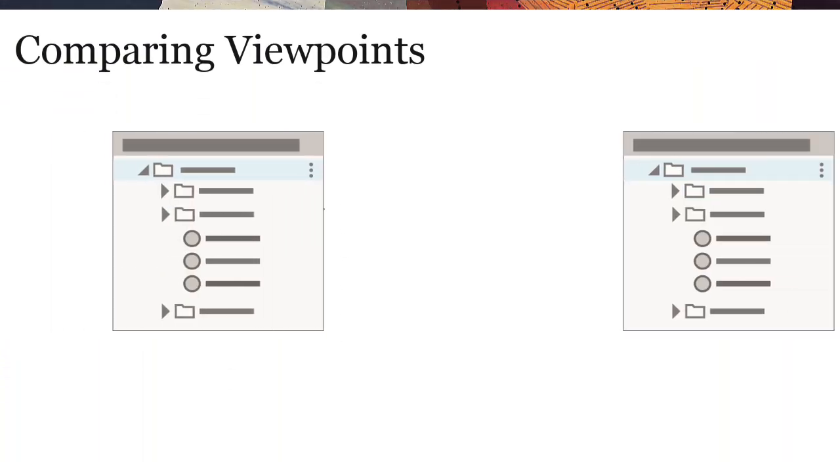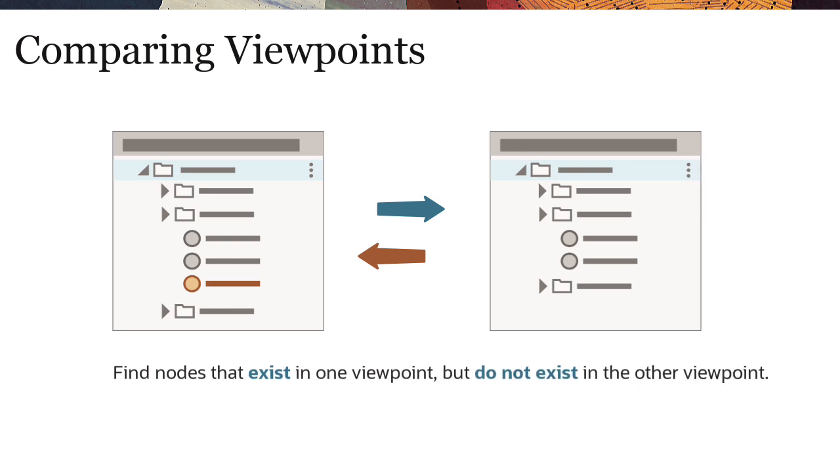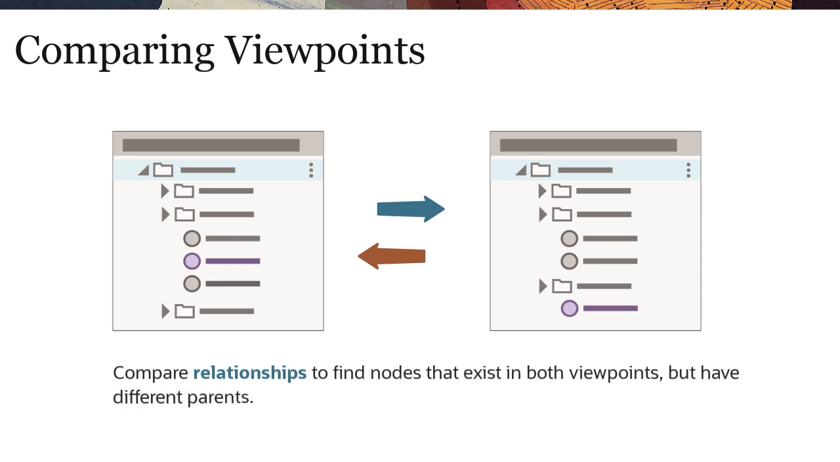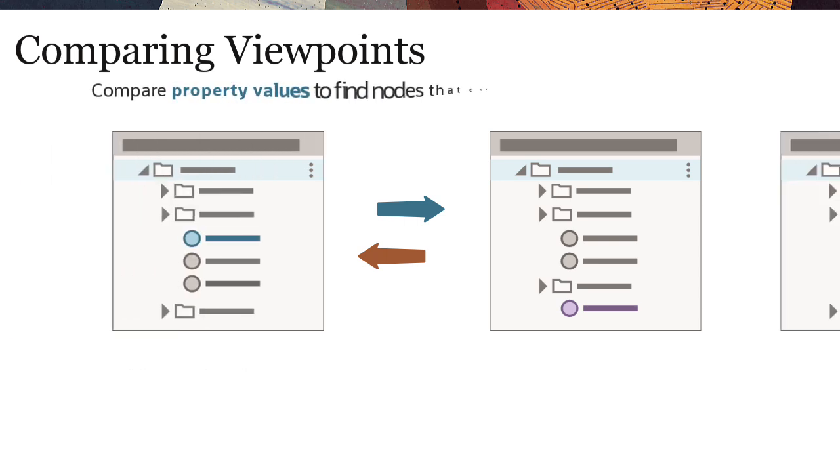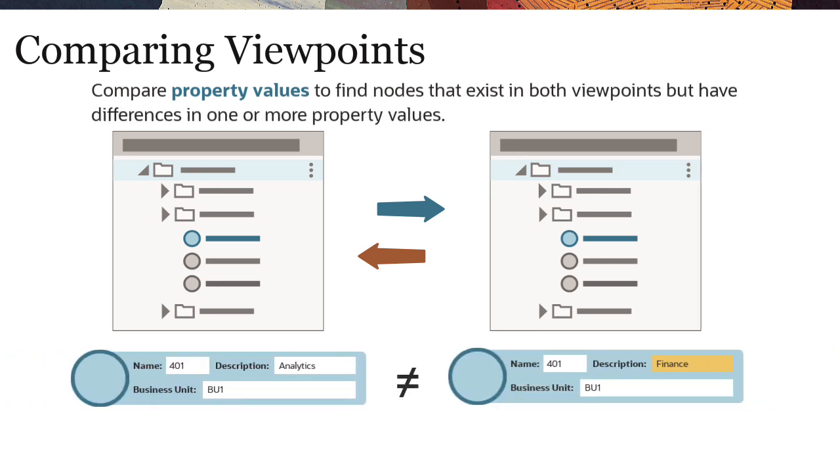You can compare two viewpoints to determine node differences between the viewpoints. You can find nodes that exist in one viewpoint but do not exist in the other viewpoint. You can compare relationships to find nodes that exist in both viewpoints but have different parents. You can compare property values to find nodes that exist in both viewpoints but have differences in one or more